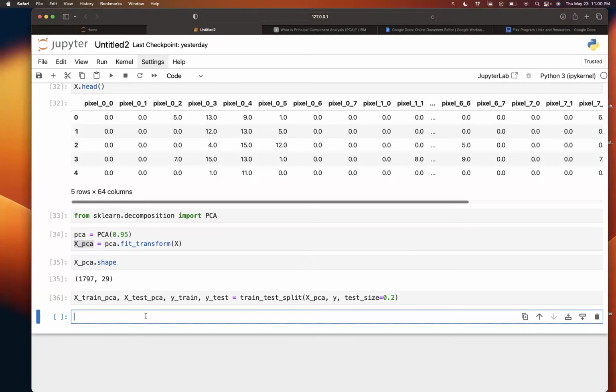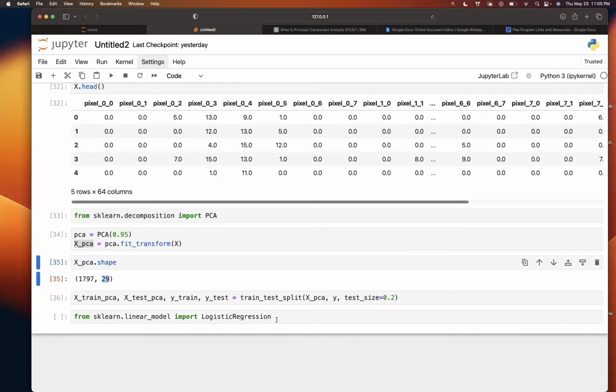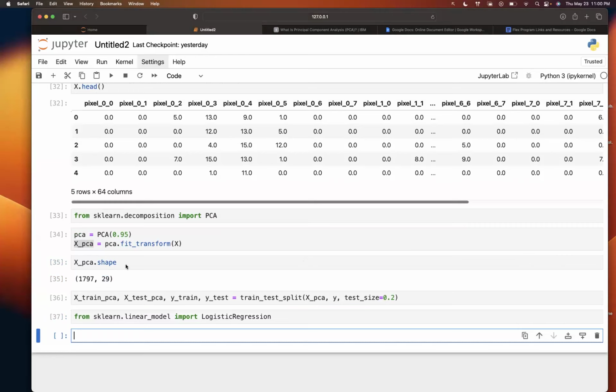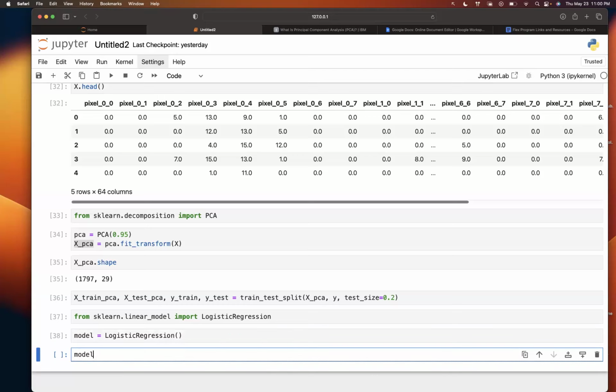All right. So we have to train it again. So we have now 29 feature columns instead of 64. We're going to use the same algorithm, which is logistic regression, because we are classifying it. Model equals LogisticRegression, model dot fit X train PCA. So this time we are using the PCA X train data